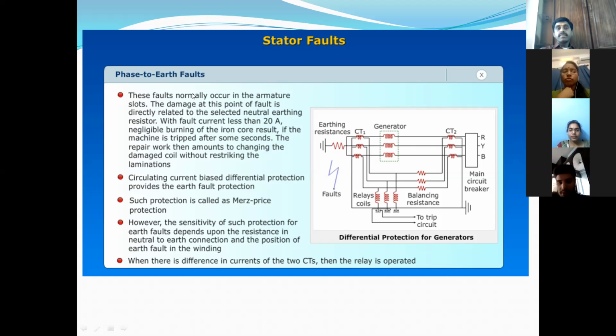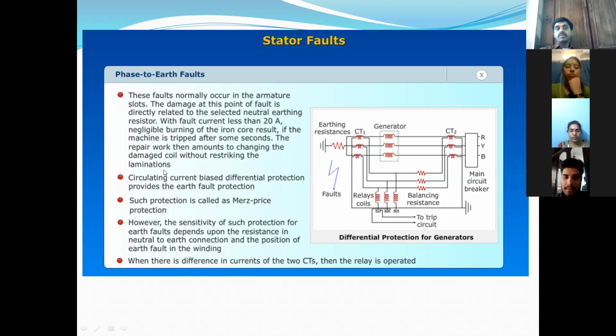Now let us see. These faults normally occur in the armature slots. The damage at the point of the fault is directly related to the selected neutral earthing resistor, and it depends upon the resistance value, the fault current will be there. That means why are you connecting the resistance normally? To limit the fault current, because fault current flows from ground to neutral whenever there is an LG fault. With fault current less than 20 amperes, negligible burning of the iron core results. If the machine is stripped after some seconds, the repair work then amounts to changing the damaged coil without restacking